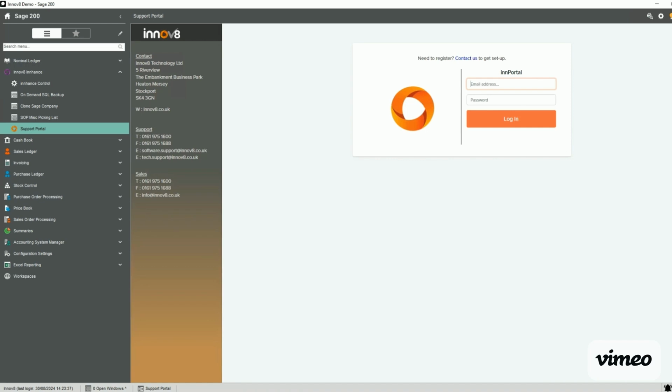The next feature we're going to look at is cloning a Sage company. This is useful if you want to create a test company or a backup company that you can then access and use to do any testing or historic lookups, for example. To use this feature, once the parameters have been defined within the Innhance Control Center, you simply need to go into the Clone a Sage Company option,